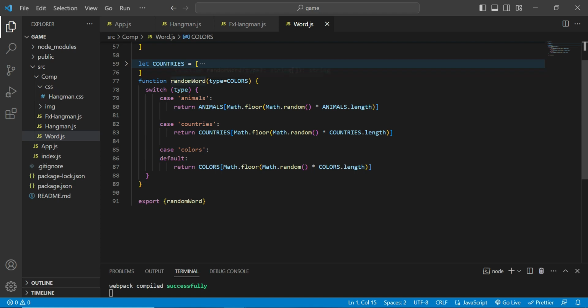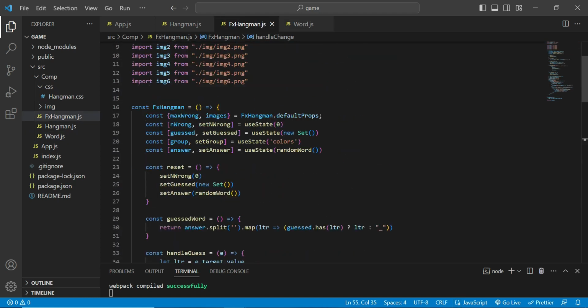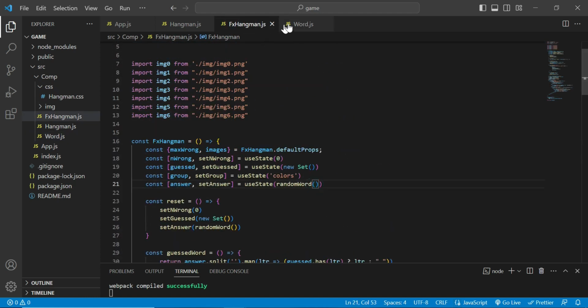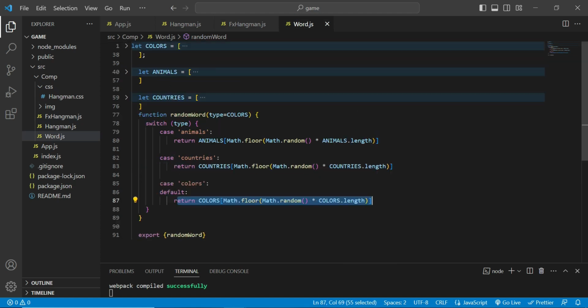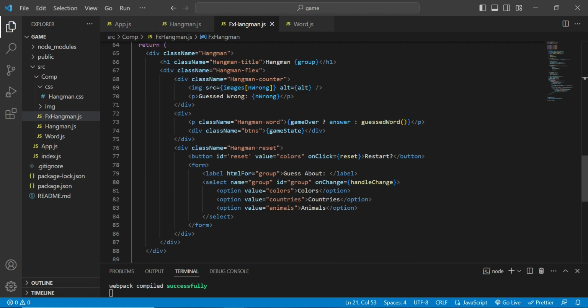It returns a random word, and here we'll have a default parameter, which is type. And I set this default parameter to be colors, because initially it's going to trigger the default case, because initially my state has no parameters and I want to run this function. I want to return a colors word from that colors array. Make sense? So when my user selects any of these options,